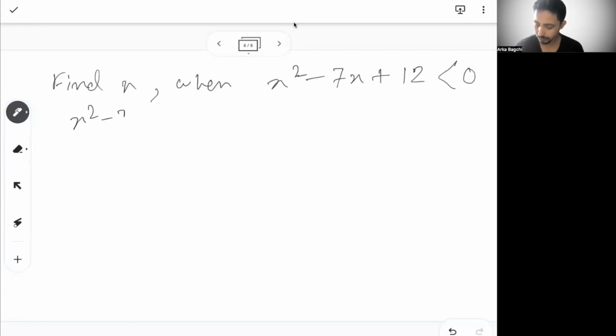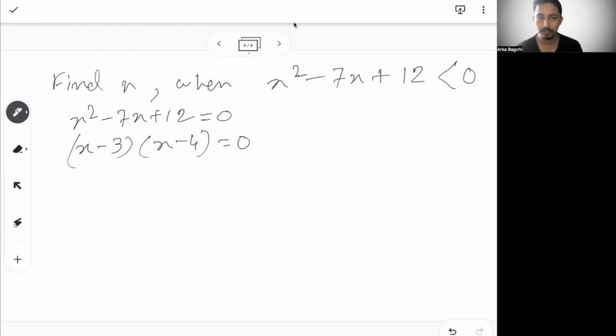So we can say x square minus 7x plus 12 equals 0. If we can factorize it, we'll see x minus 3 and x minus 4 will be equal to 0. Again, 12 into 1 is 12, and you break 7 into 3 and 4 like we did in the previous few minutes earlier. This will be the factors of this equation. Now, once you know the factors, you know what your alpha is. Your alpha is 3, your beta is 4, right? x minus 3 equals 0 and x minus 4 equals 0. So you know the alpha and beta.